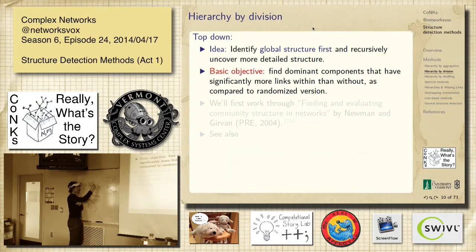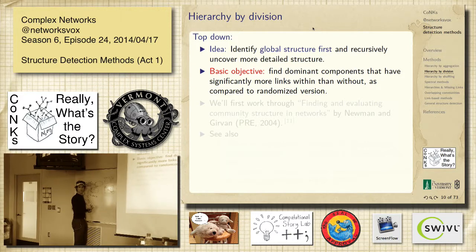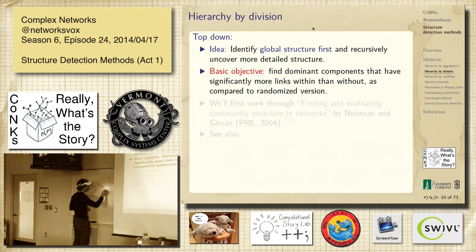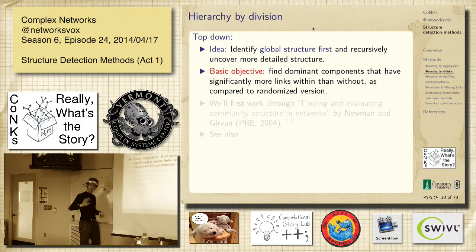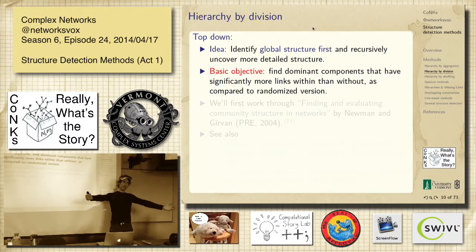So one thing that's going on here is if we really could find this partition of this group, this group, and this group, we could see that the number of links on the inside of this thing is much higher than you would expect if they were randomly wired up. So the internal links to this group, and then these cross links, looks like this, basically. Nice and dense, nice and dense, nice and dense, and then sparser out here. Okay. So these are going to be modules, and then you could have modules inside of modules. So this is all good if it's nice and hierarchical, which may not be the case. Okay. So this is the plan.